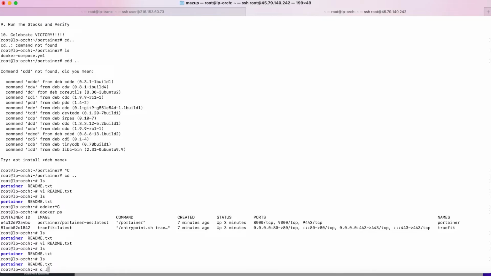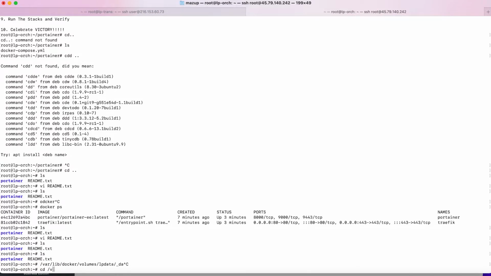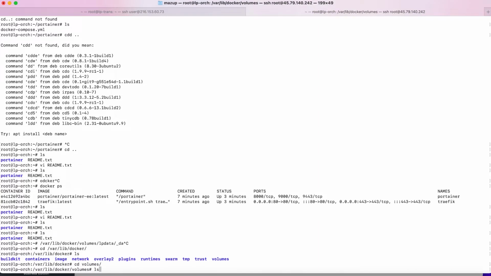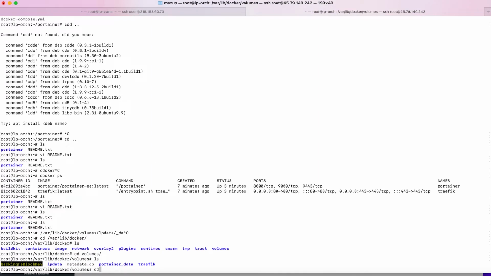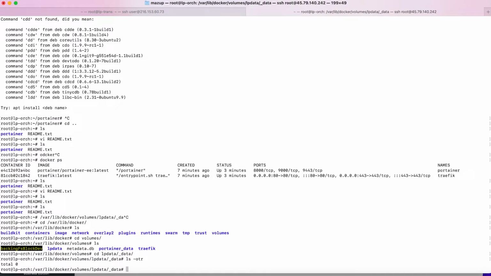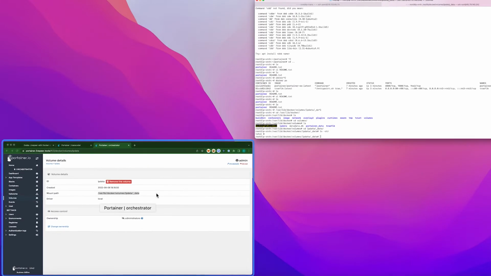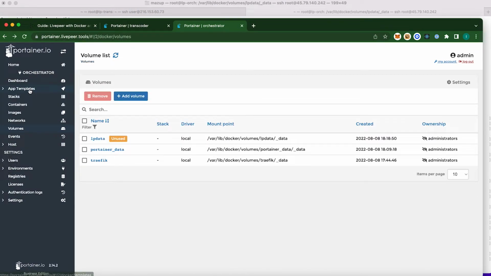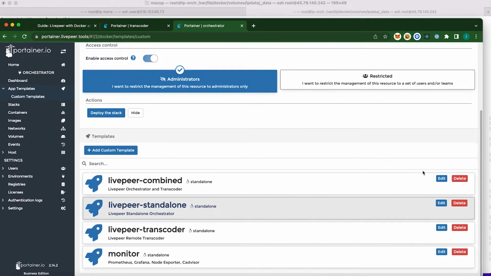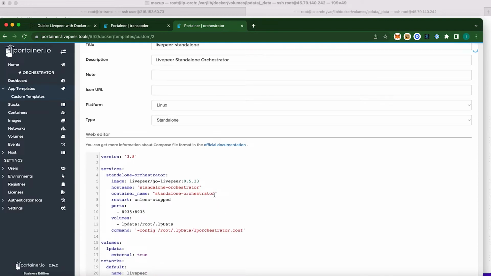So if I go to the volume for Livepeer, and again, if I go to var lib docker and then the volume name, right? Volume and then the name. So in our case, we have LP data. And then if you look at data, now there's no files here. So as I pointed out from the browser, and if we go back to the custom templates, right? The Livepeer standalone one here, if we edit him, he needs this